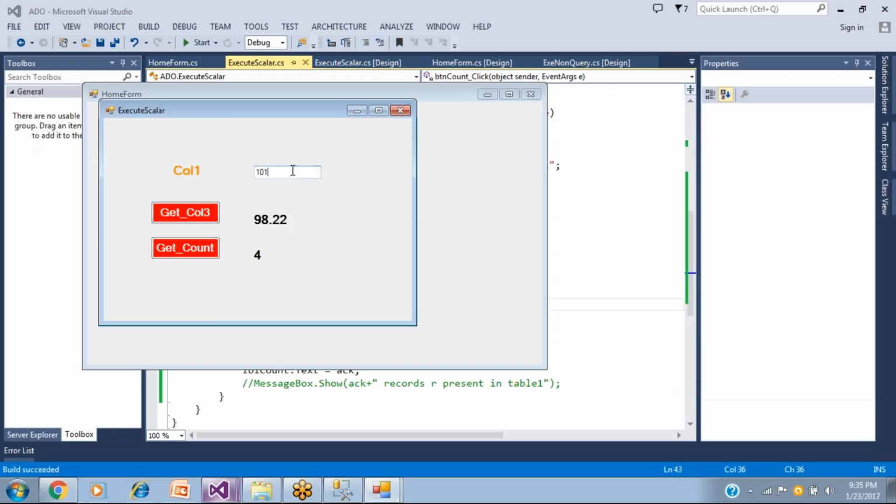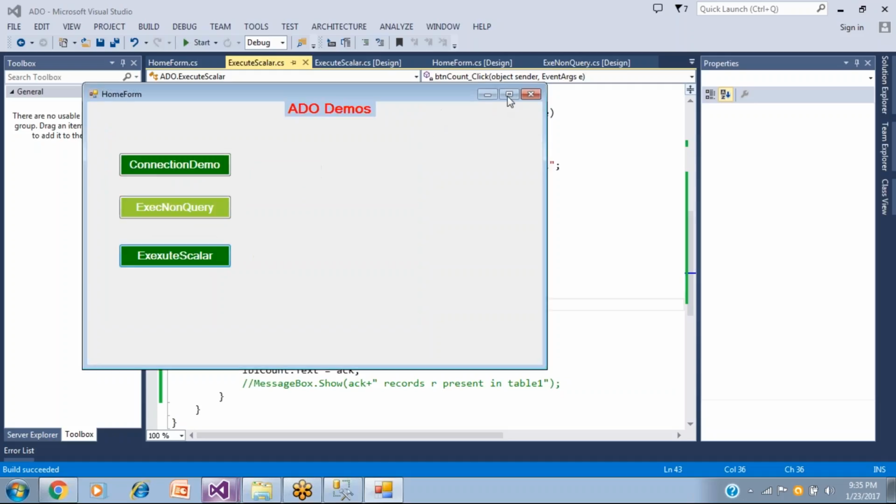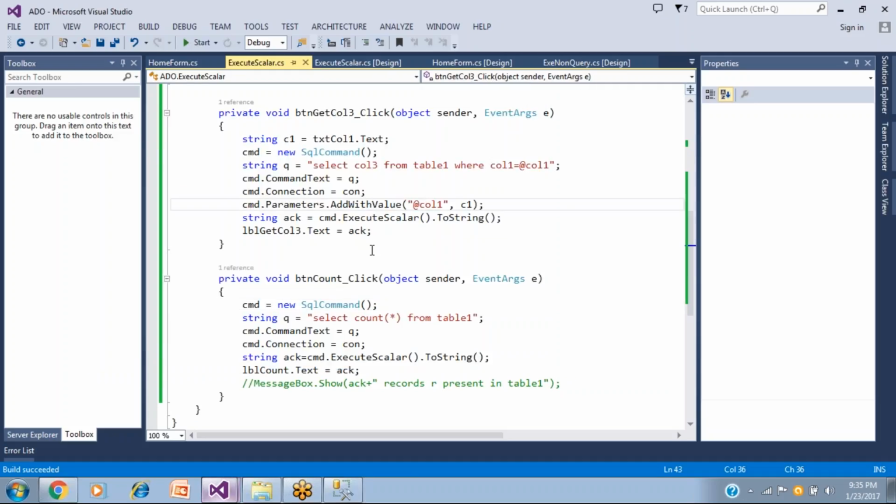Now when I change the value, it is getting reflected, because every time it communicates through a new command object, so initialization is required every time, because the query, a parameterized query, is changing every time.